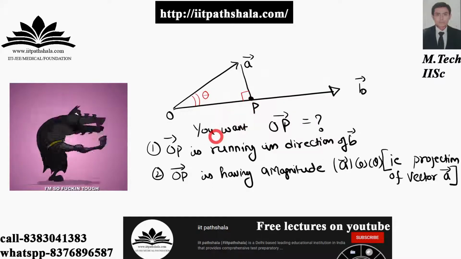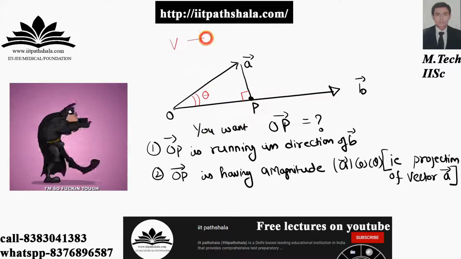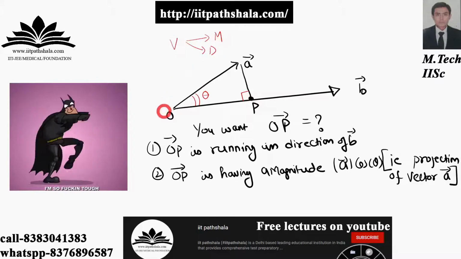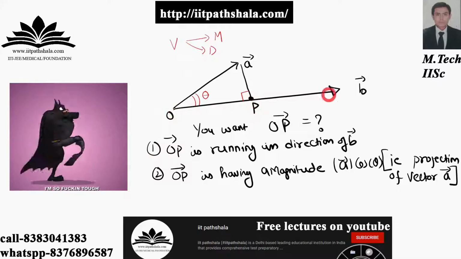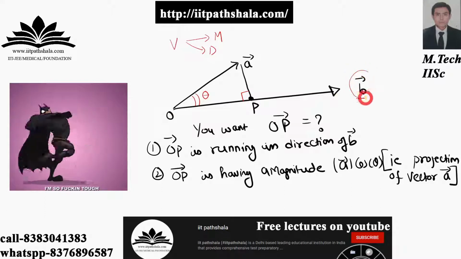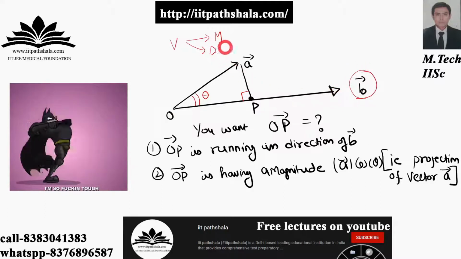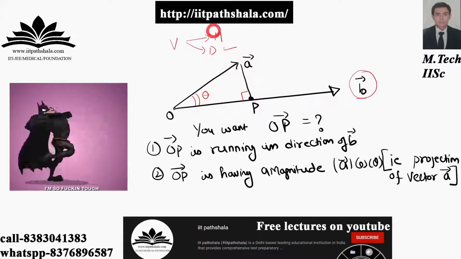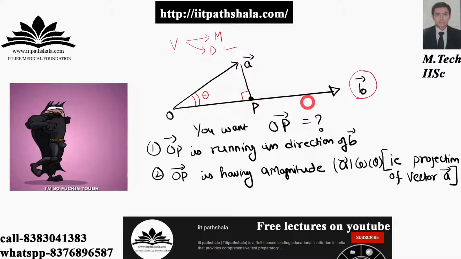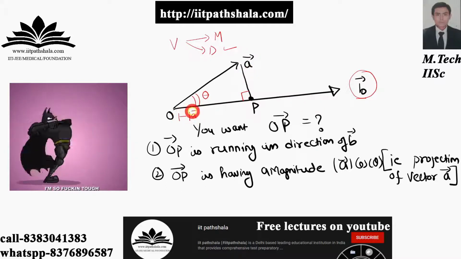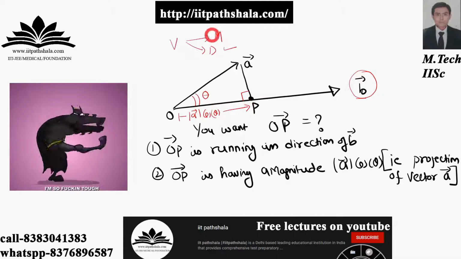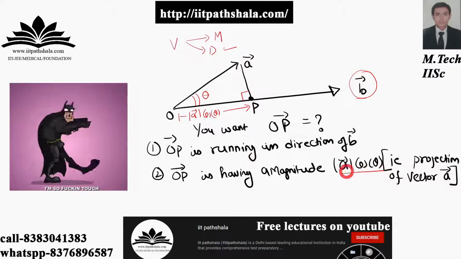Now you know that a vector needs two things to be defined. First one is the magnitude, second one is the direction. I know that this vector OP is in the direction of B vector itself, so I can say that OP is certainly in the direction of B. So my direction problem is solved. Now regarding the magnitude itself, I can use the projection that A vector is having on this B vector, which is modulus A cos theta. That takes care of my magnitude perspective over here. So that will be my magnitude, and that's my direction.